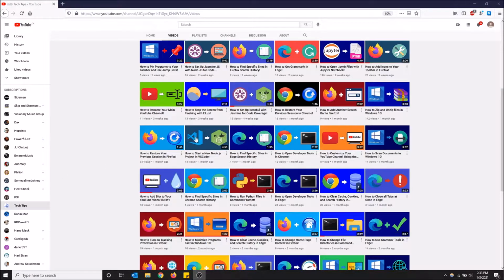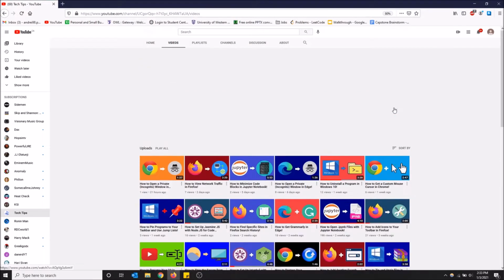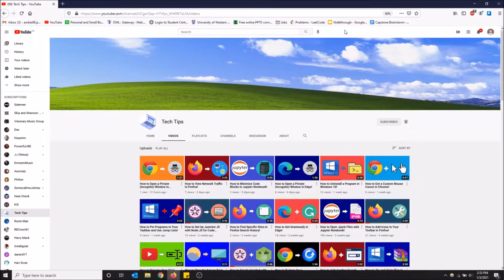So first things first, you want to go up to the top of the browser here and right click, and just make sure that you have the Bookmarks Toolbar checked off. So make sure it's enabled, and that's going to show you all the bookmarks you have open. I have a bunch of different bookmarks here that I have for my personal use. I don't usually show these just because I don't really want to, but if you want to make your own